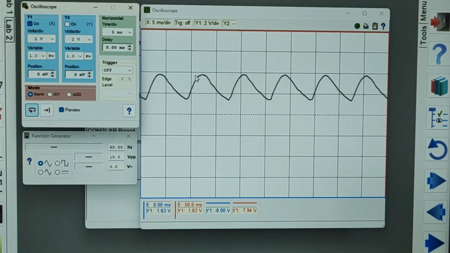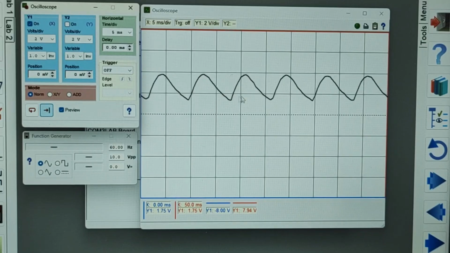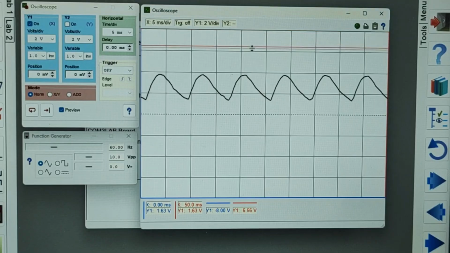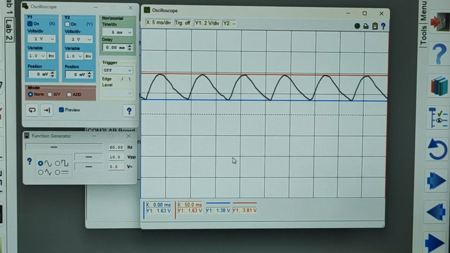However, this output is still undesirable. Why is that so? The output waveform still has ripples on it. If I measure the peak-to-peak voltage value of this output waveform, I would get a value a little under 2.5 volts.